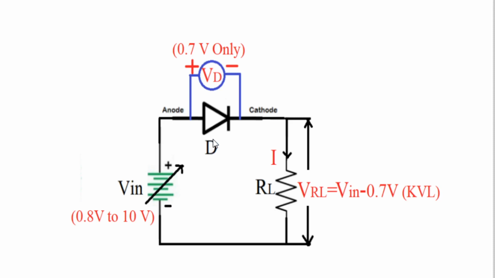The voltage above 0.7 volt, in the case of 1 volt, is only 0.3 volt, and that voltage becomes short circuited by the diode, and current has already started flowing through the diode. I, because it is forward bias, the applied voltage V in is 1 volt, greater than the barrier potential, and this current starts flowing. Now the question comes here: if you apply Kirchhoff's voltage law to this loop, you can write this equation by applying KVL, and that I have explained to you here.